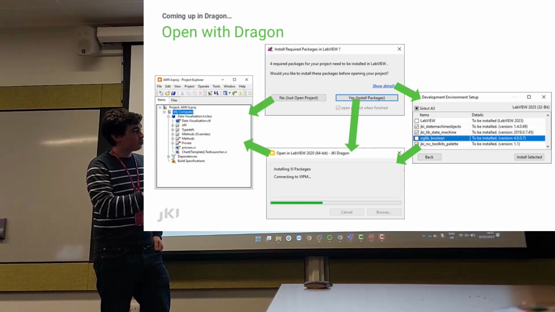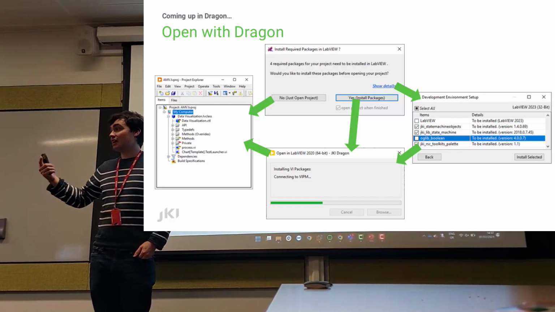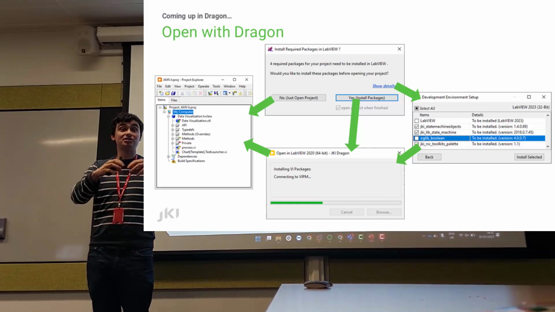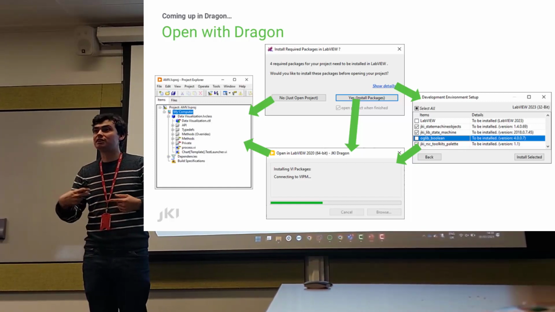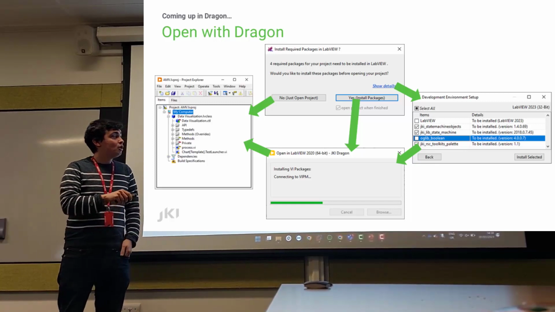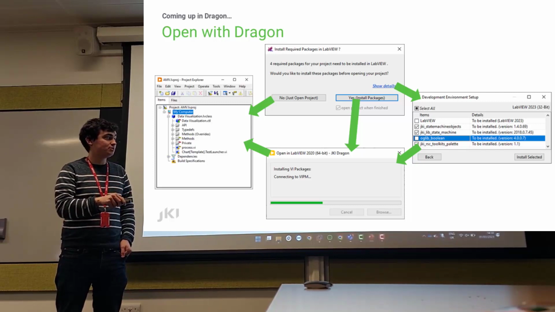Well, this dialog box says to be installed, to be upgraded, to be downgraded. If it's to be upgraded, it says this is the version we expected, this is what's already installed, and vice versa for downgrading. But you can check and de-check each of these line items,